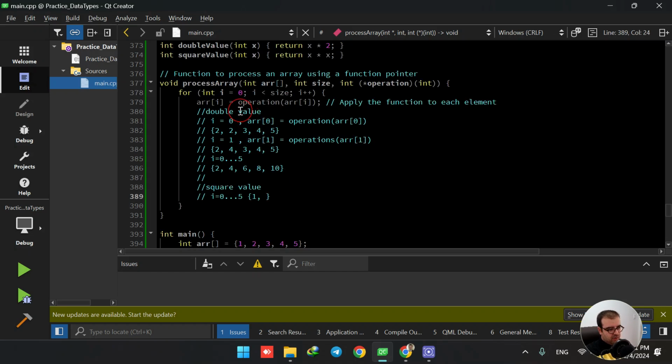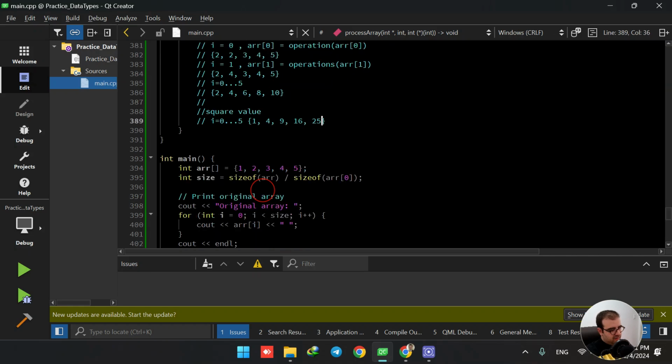Then when i equals 1, it is going to call the second element. The second element is passed to this function: 2 times 2 is 4. And then it's 9, then 16, and then 25. If I compile,